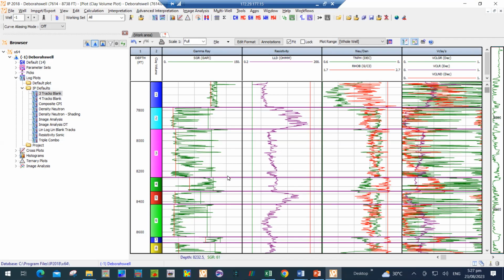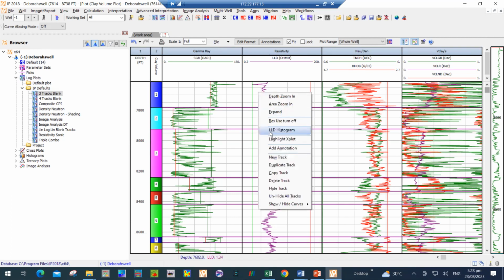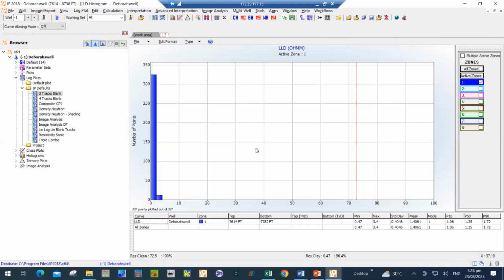So the next step is to also move our maximum and minimum lines for resistivity. So we're gonna right click and go to the LLD histogram. And what you'll notice for the resistivity is we don't have many points on this side here, right? So we won't really be required to move the green line. We're more focusing on the red line, which is our minimum line, right? Or maximum line in this case. So let's put this into